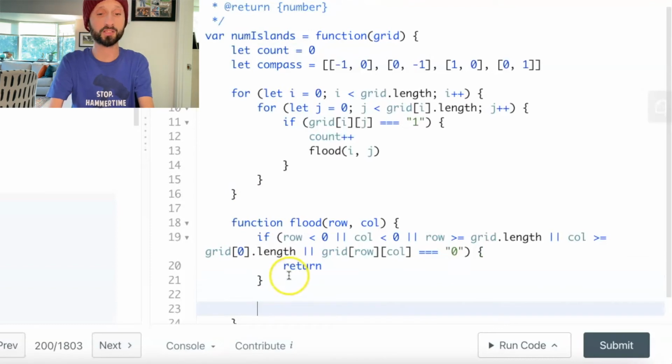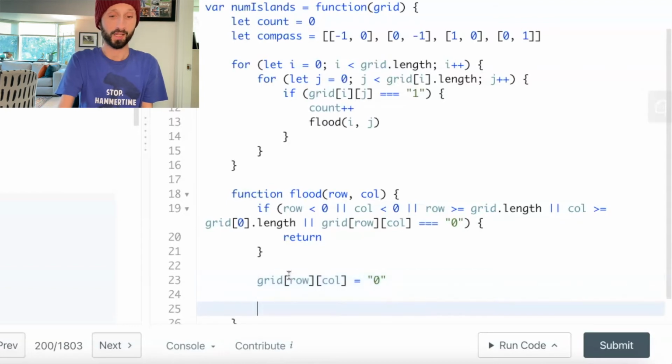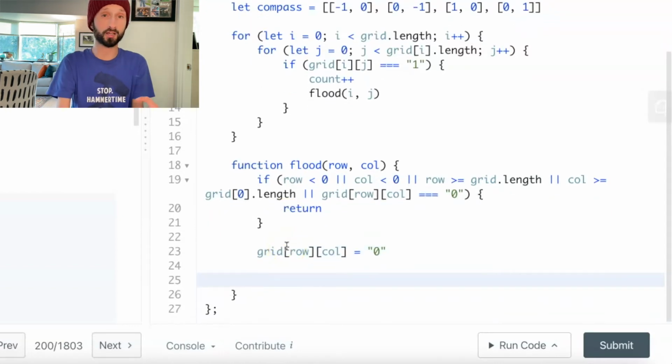The next thing that we want to do, and this is the most important part, is if we make it past any of those conditions, that means we are on another land. And if we are on another land, we want to flood it by turning it into a 0, changing it to water. That way, if we come across it again, we will note that it is water, and we can just continue on from there. And finally, this is the real crux of this function right here, is we want to use